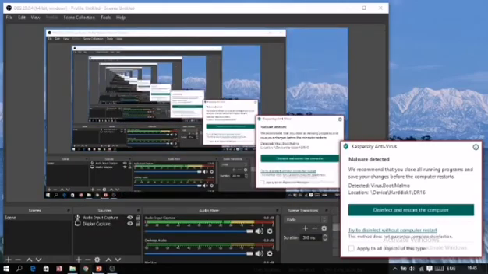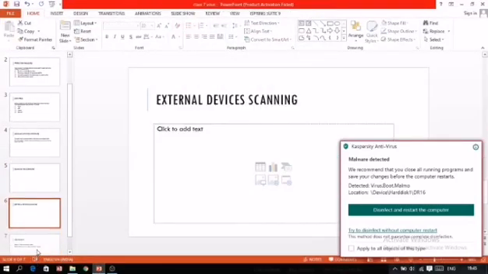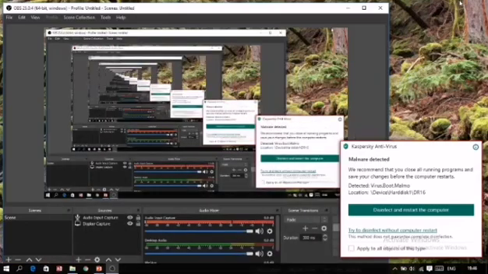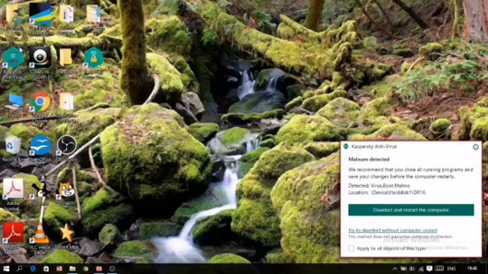Now the next topic is external device scanning. External device scanning means that if you have attached a pen drive or an external hard disk, I will show you how to scan that.